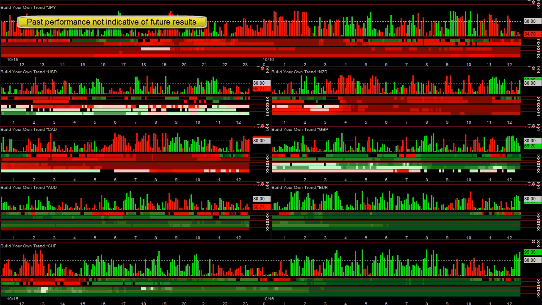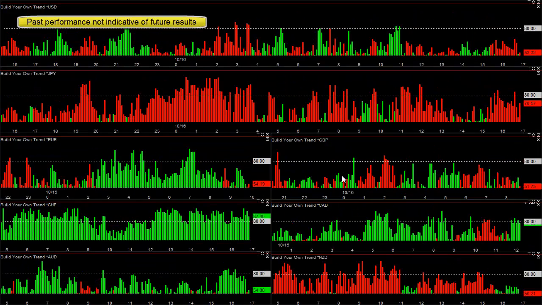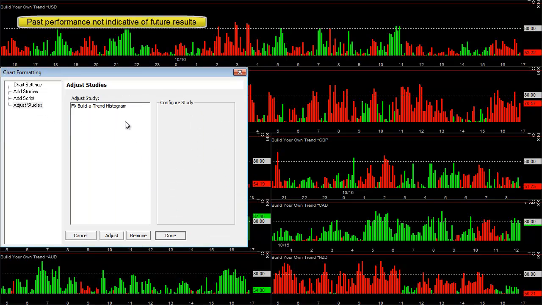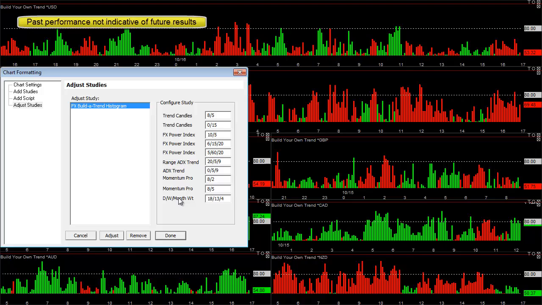The new currency meter, which we released yesterday, looks like this, and it's pretty clear. The new build your own trend tools have new options which allow you to weight some of the daily, weekly, monthly trend in there. I give the monthly trend only a 4% weight because it's very slow in changing directions, 13% weight for the weekly, and more for the daily, 18%. Overall, the longer-term daily, weekly, monthly trend makes up about 35% of this weighting, and the real-time tools make up the rest. I weighed a little bit, 6%,